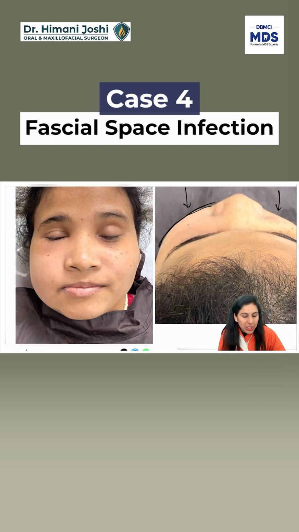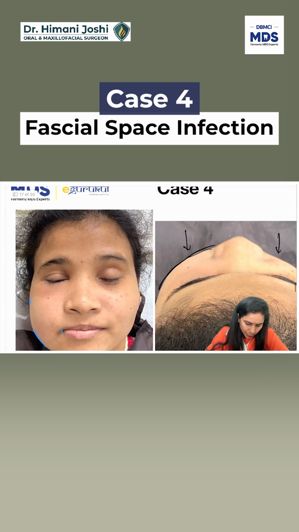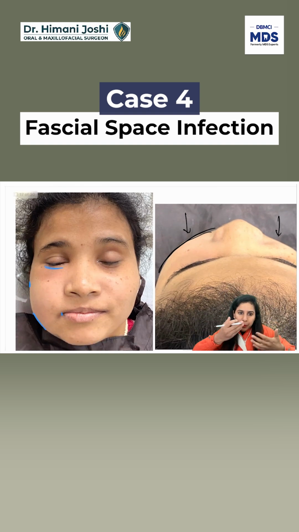If we see the definition or the boundaries of the buccal space, you know that it starts from the corner of the mouth, goes back up to the masseter and the pterygomasseteric region. Inferiorly it is there up to the mandible and superiorly up to the infraorbital region. Superficially it comes up to the subcutaneous tissue, and deeply it is up to the buccinator muscle. So it is above the buccinator muscle that a ball shaped swelling is there, which is why we call it the buccal space infection.